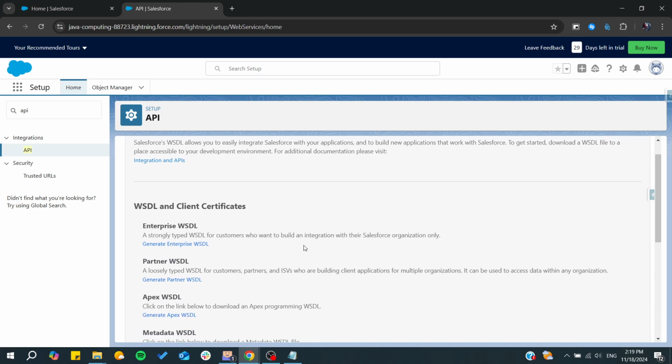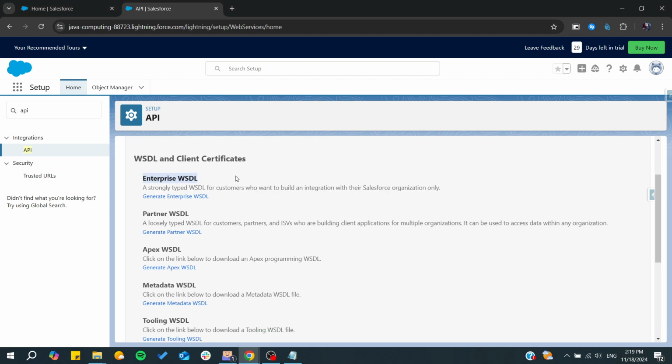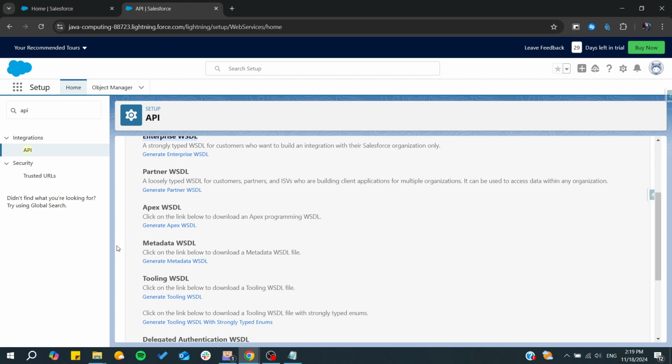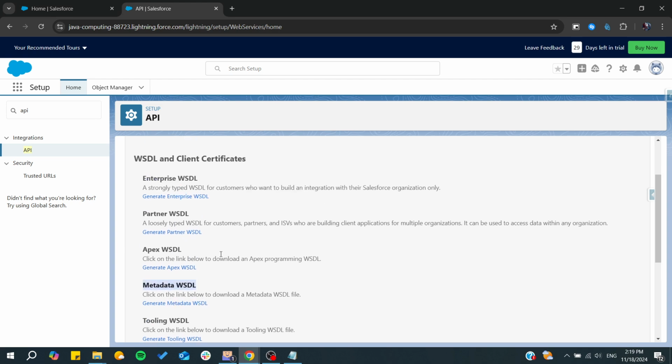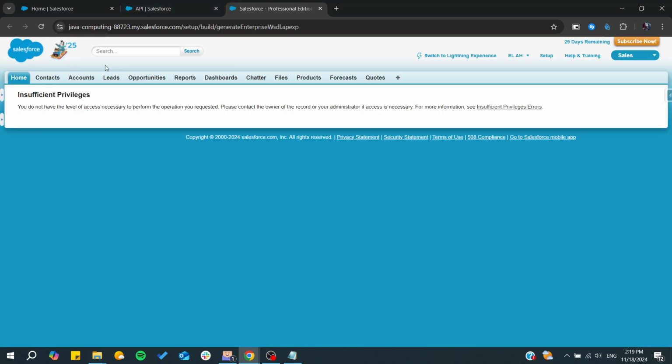So from here, we want to generate our metadata to save the XML WSDL file to our file system. So basically, we need to generate the Enterprise WSDL and also the Metadata WSDL. So here you click on Generate the WSDL, and also first you will need to have